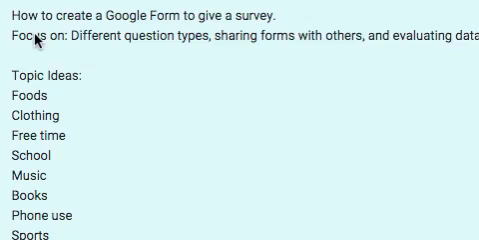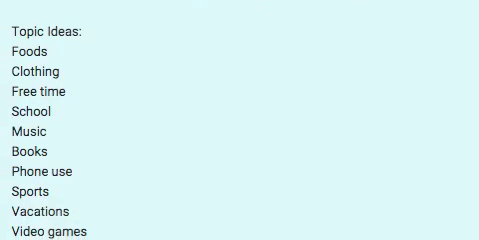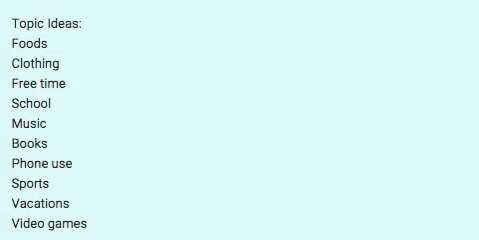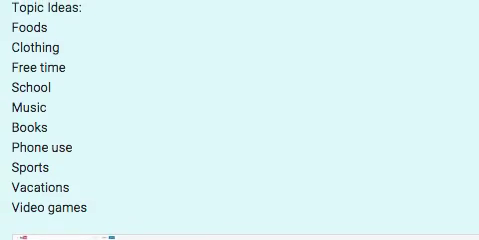A line of questioning. I'm going to create a survey with this form and find out what my friends and what Mr. B loves about a certain topic. So I need to pick the topic first. Now, if you have a topic that you could think of, go ahead. If you would like to cheat, you could pick out one of these topic ideas right here. Most common, video games. People like vacations and foods and candy and all sorts of other topics. You've come up with a topic that you want to make your form about, and then we're going to come up with some questions for those